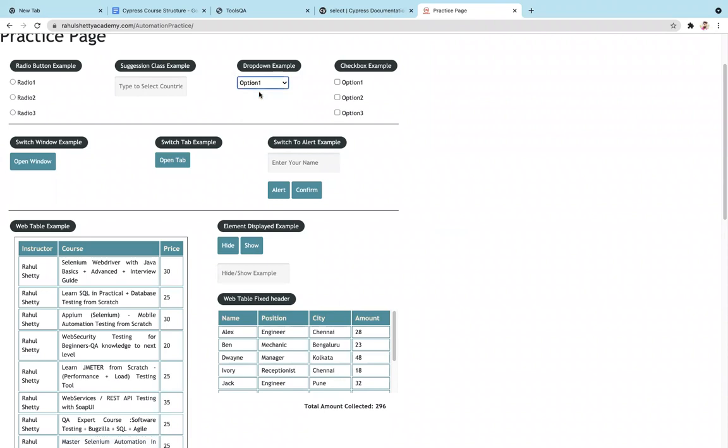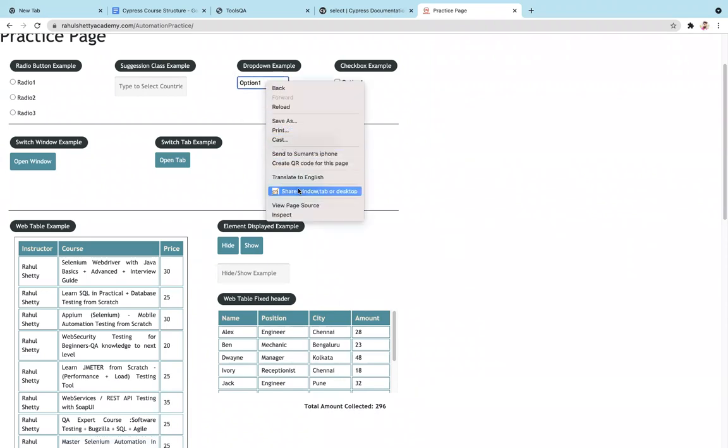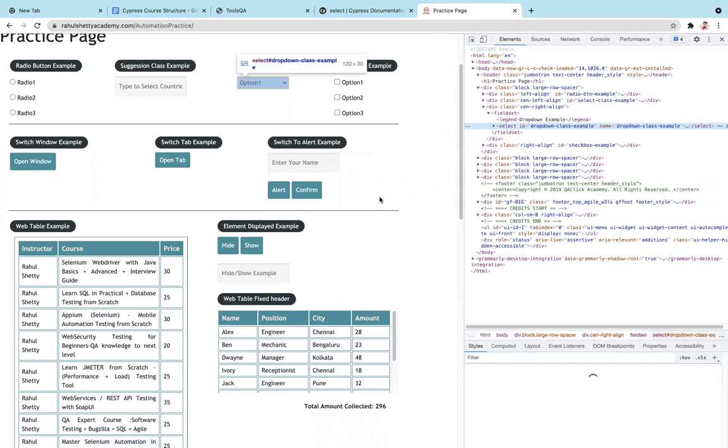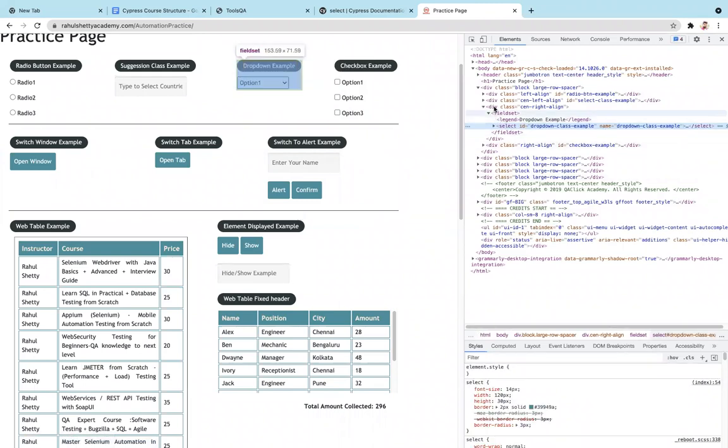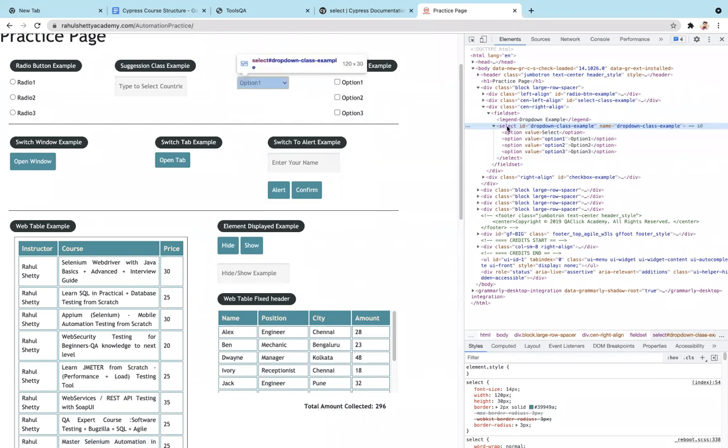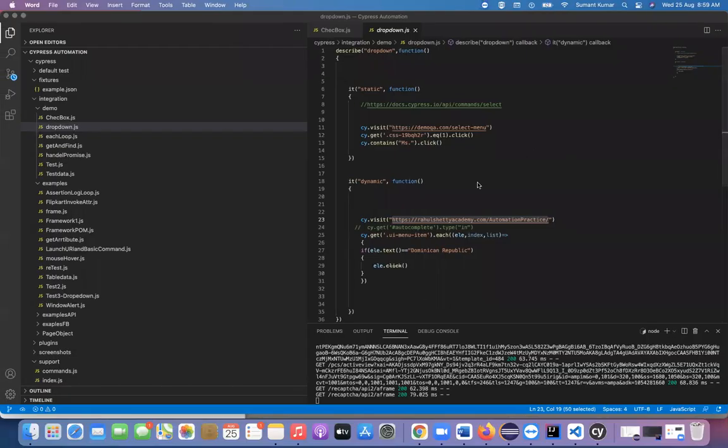So here you can see, if you inspect, this is the select ID drop down. As I was telling, we need to get the select ID, and then we have three options here, right? If you want to perform with this particular drop down, the same concept will work. Just for reference purposes, I'm showing you, and I will show you the dynamic concept as well. In the real life scenario also, I will go with some select option.